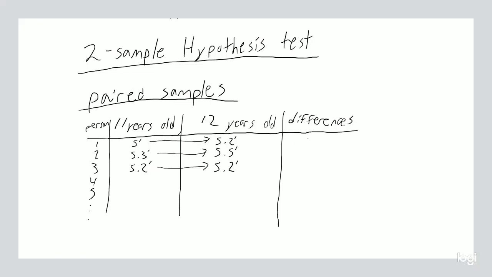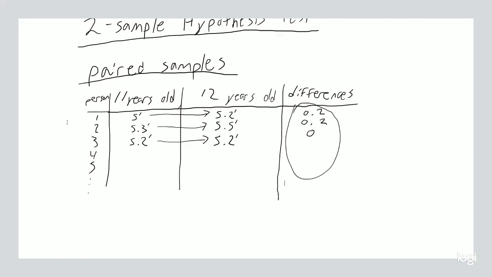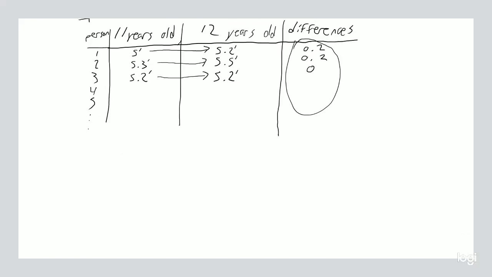Okay, so here the difference is 0.2. Here the difference is 0.2 again. Here the difference is 0. So it's these differences that we're interested in. So for this kind of paired sample, we are interested in the average difference, the standard deviation of the differences, and the sample size, which is going to be the number of comparisons made here. Okay? So for example,